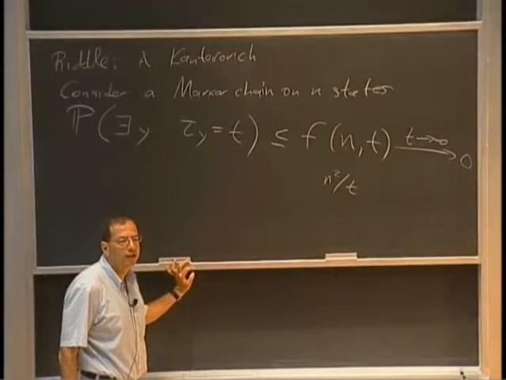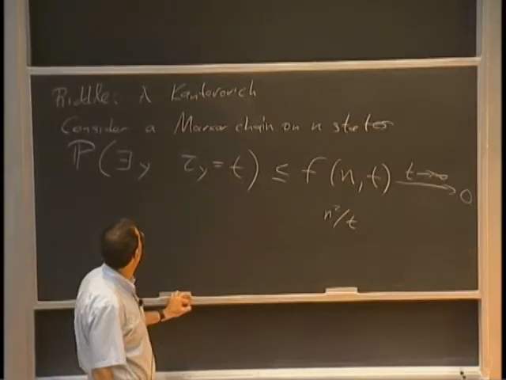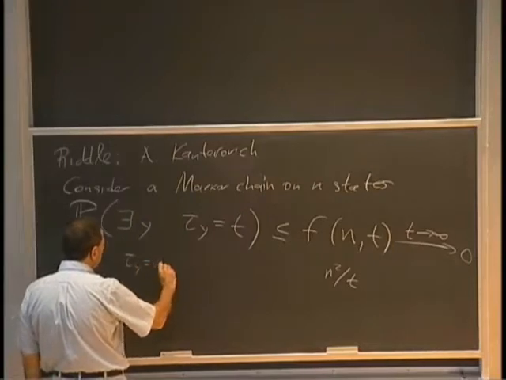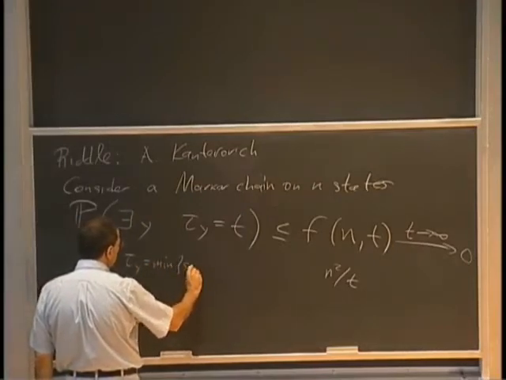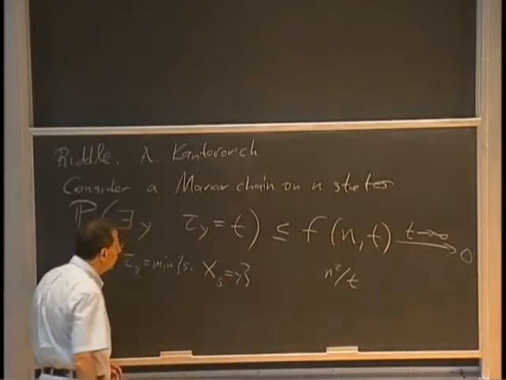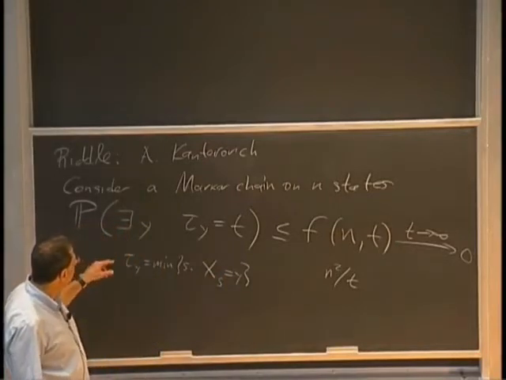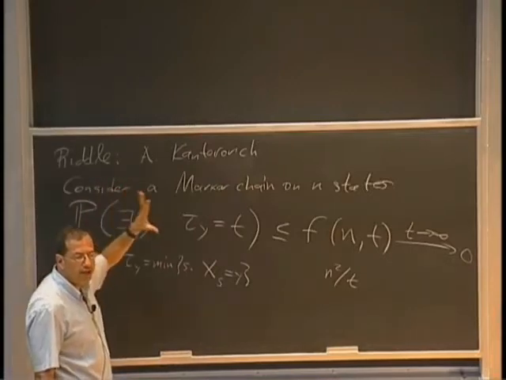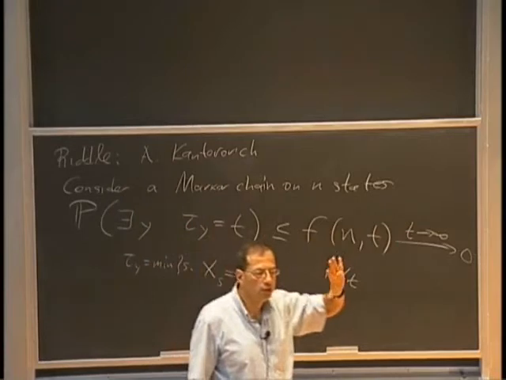Yes? Right, so tau y is the first time that the chain visits y, right? The hitting time. So the question is, for any Markov chain on n states, there is no other